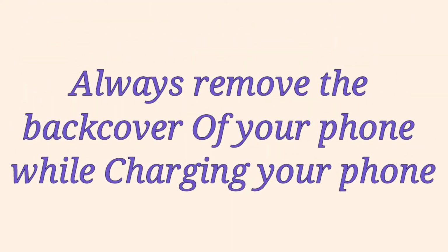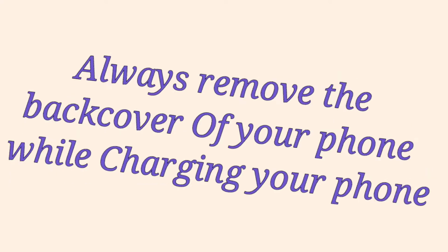Mistake number 2, which most people make, is that when you are going to charge your phone, make it a habit guys to remove the back cover of your phone. Because what happens is that when you put your phone on charging and the cover is on your mobile phone, the